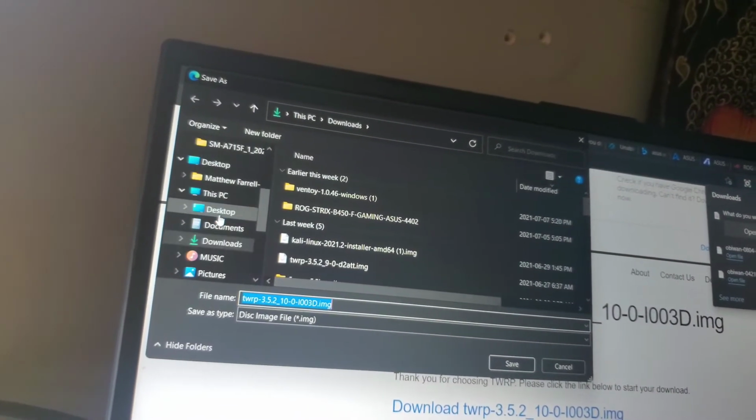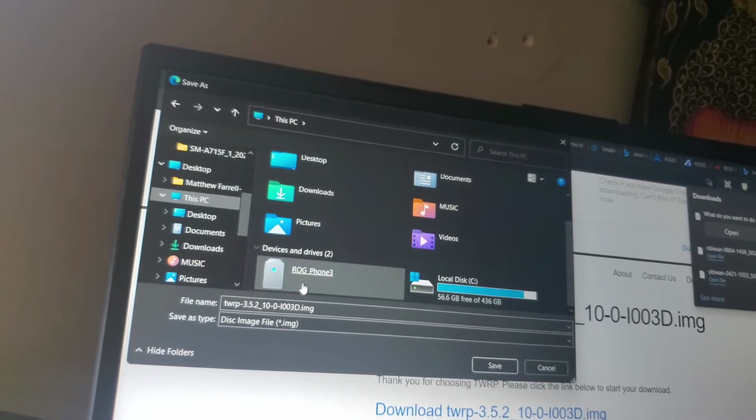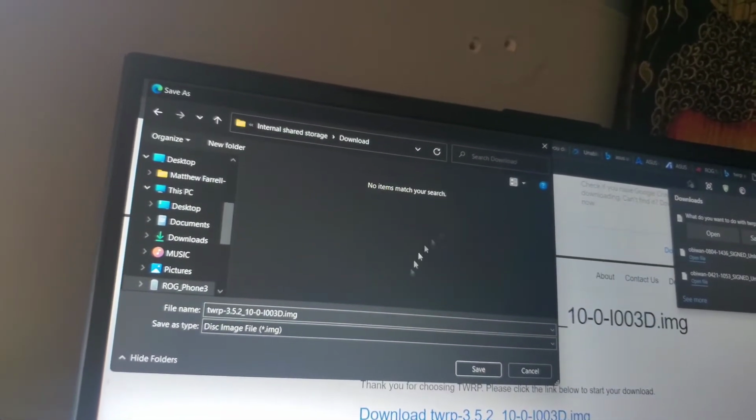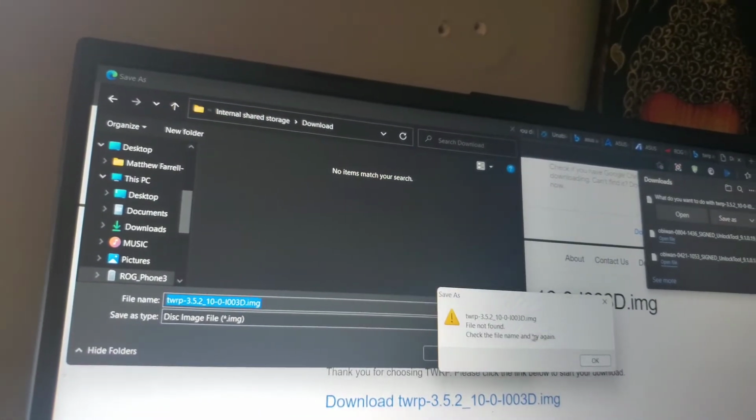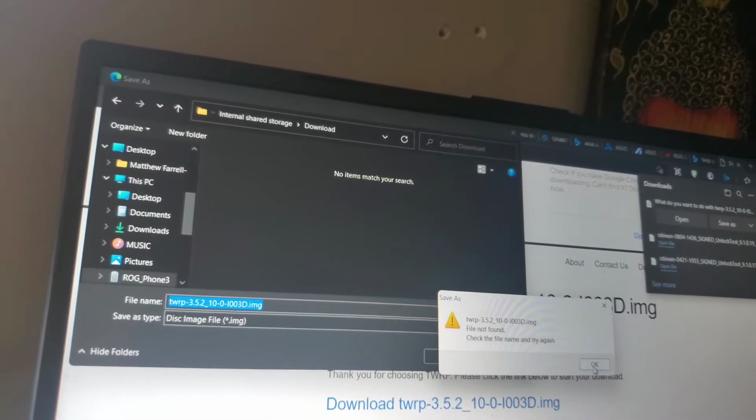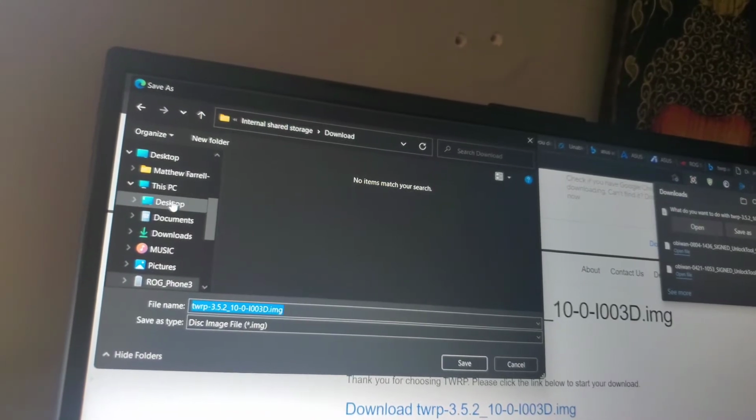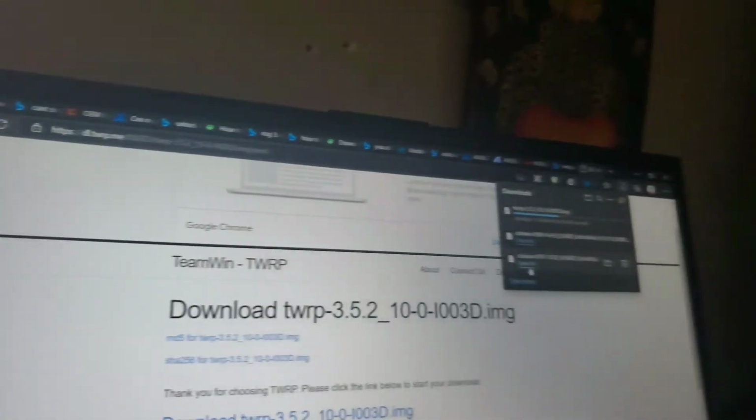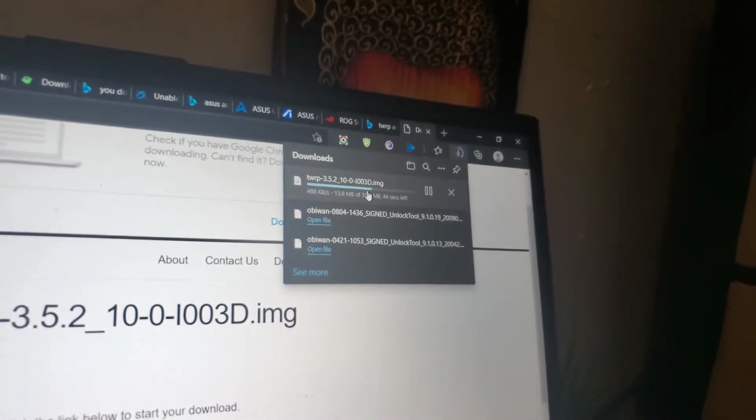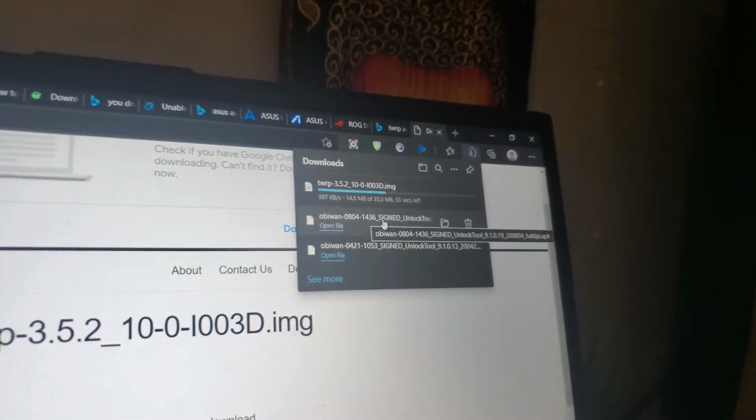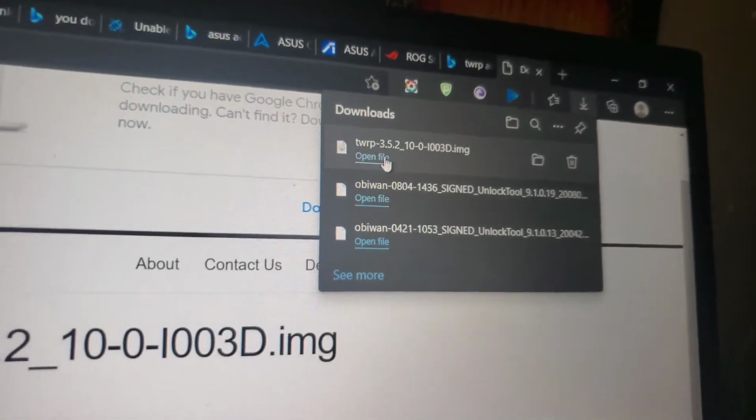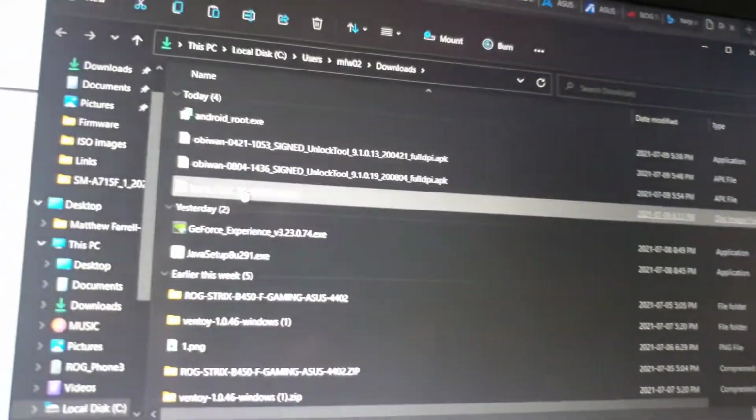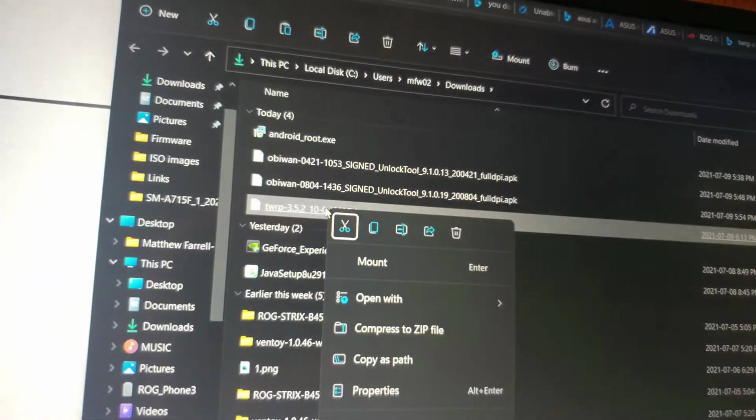So we are going to find the PC here and save it into downloads and save. And maybe it only wants to save to the computer, so we'll save it to downloads. And there you go. And so give it a couple seconds to download. Alright, so now that the file is downloaded,